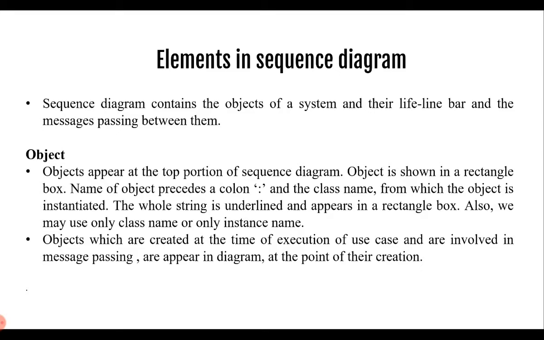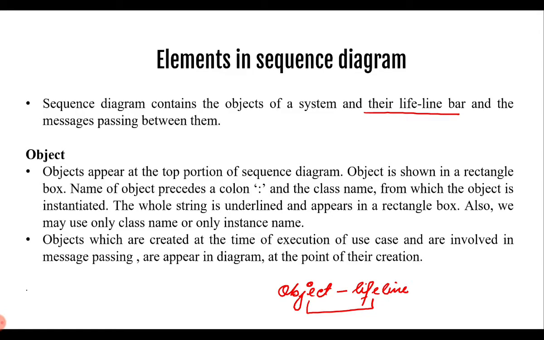Then next we will talk about the various notations or symbols or elements which are used in the sequence diagram. So a sequence diagram contains the objects of a system and their lifeline bar and the messages passing between them. Most importantly, we have to understand that each of the objects has a lifeline associated with it, and this lifeline is represented along with the activation time in a sequence diagram for each of the objects while the interaction is still taking place. The first element in a sequence diagram is the object, and objects appear at the top